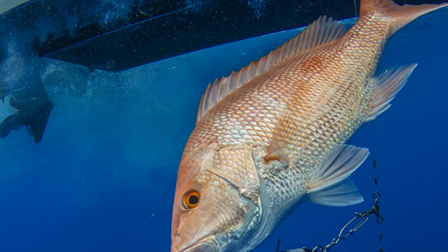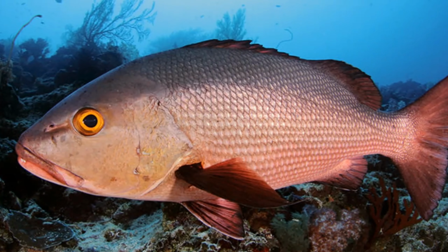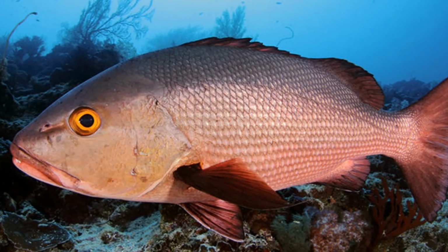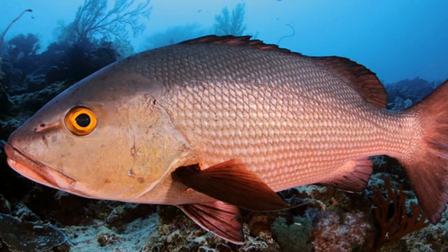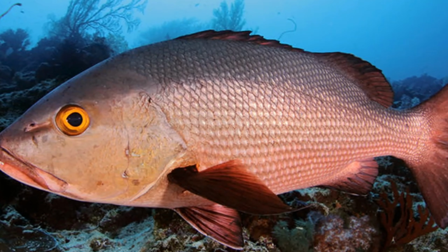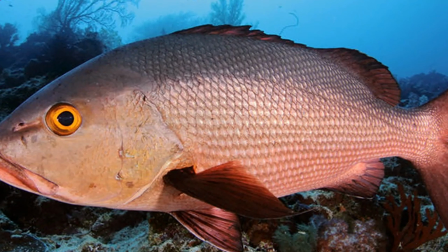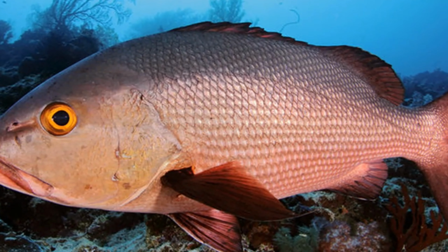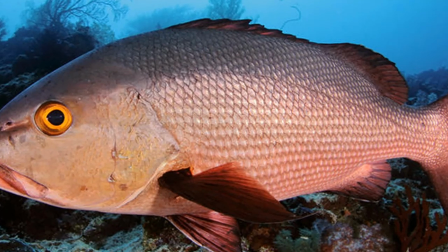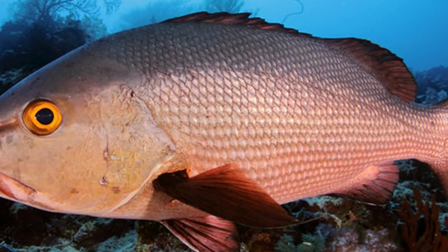Red snapper reaches sexual maturity at the age of 2. The spawning season stretches from April to September. Spawning happens along coral reefs and rocky ledges of the Gulf Coast. Smaller females produce lesser eggs than the more mature ones. Newly matured red snapper females may lay 30,000 eggs in a season. Older females may produce up to a whopping 75 million eggs every season. Provided that a female red snapper lives its full life, it may produce as many as 4 billion eggs in